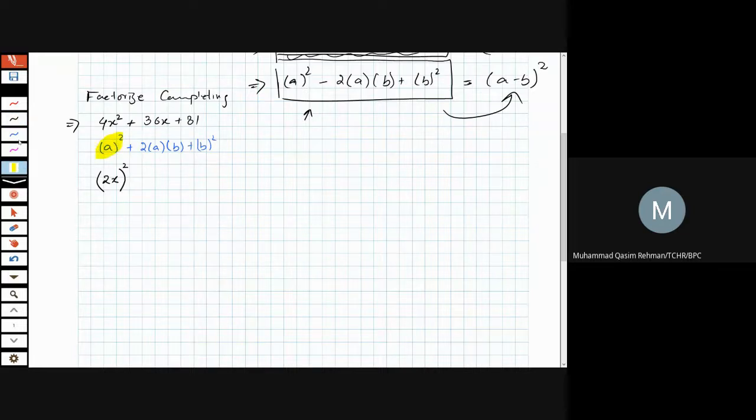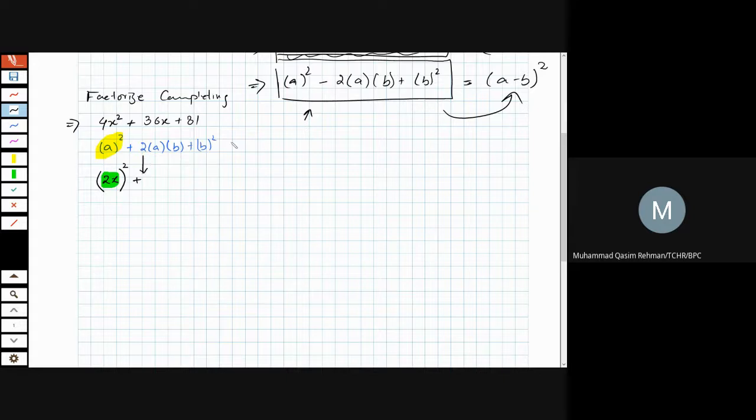So what is a over here? I'm going to highlight it with green. What is a over here? 2x. Yeah, just the 2x, not 2x whole square. A is inside the square, which is 2x. That is the purpose of keeping the model in front of you. Okay, now plus,